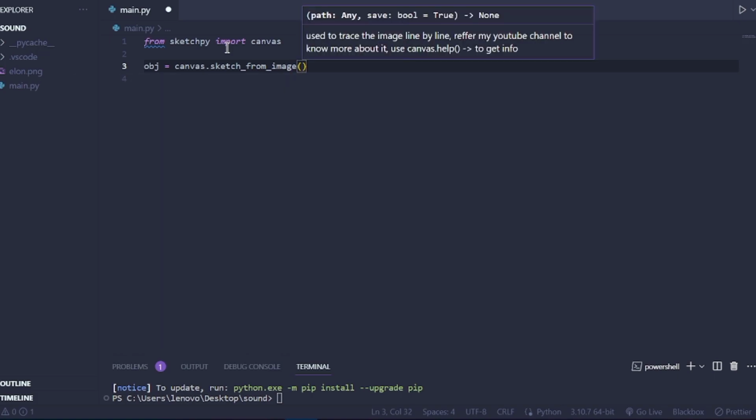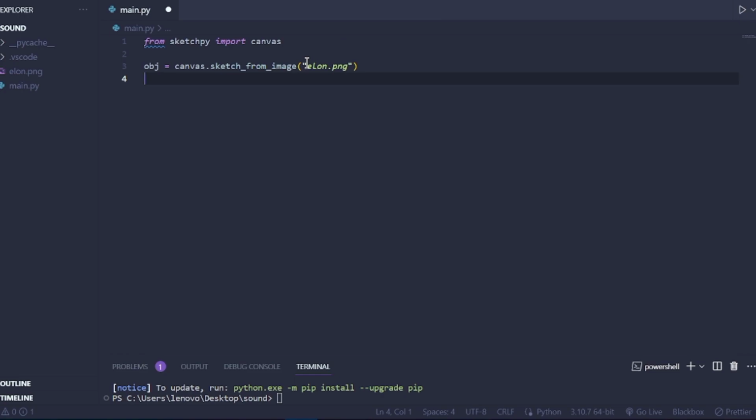then what we have to do is define the path, which is elon.png. Make sure the script and the image are in the same folder. I'm gonna enter the path, which is elon.png, and then